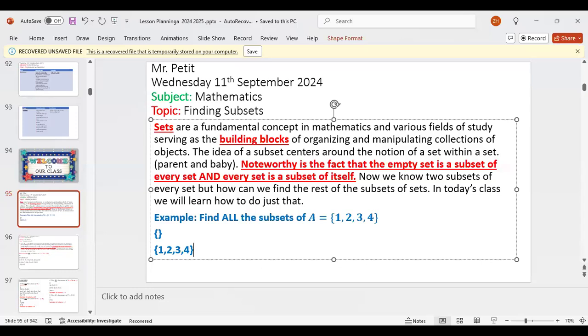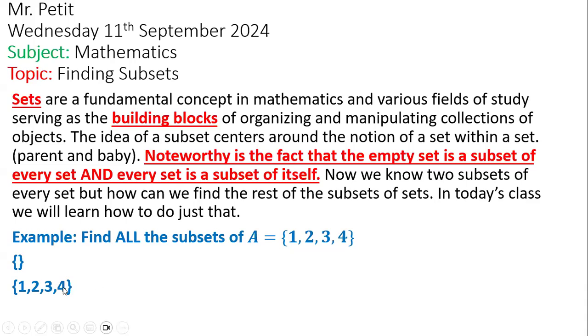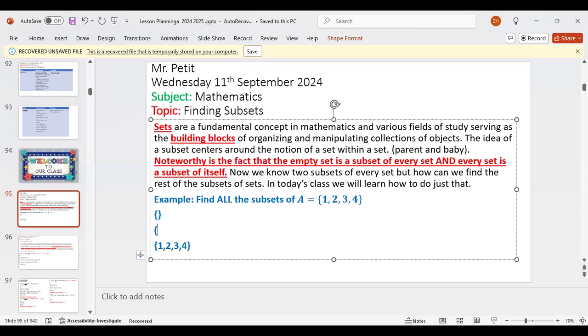You understand that? But I want to figure out what the rest of them are, right? We already know the first two, the empty set, and we know the set itself is a subset. Now I need to know the rest of the subsets. Can you tell me what other sets? The singleton set? Okay. Who said that? Who said singleton set? Oh wow, come to the front of the class. Very good. The singleton sets. So let's start off with them. Give me the singleton sets that are a subset of this.